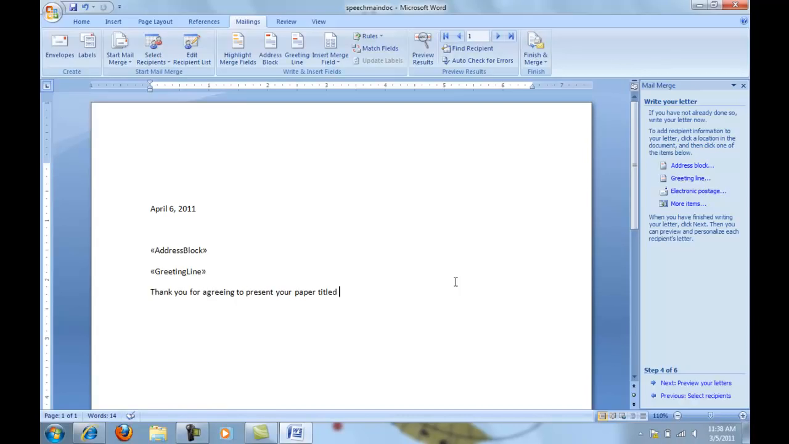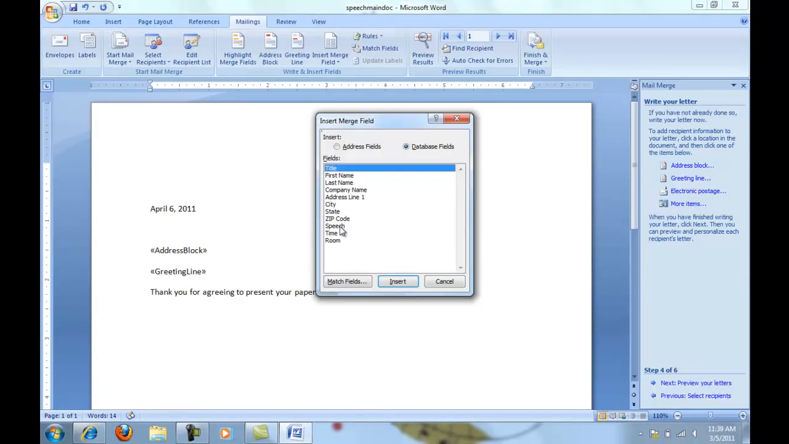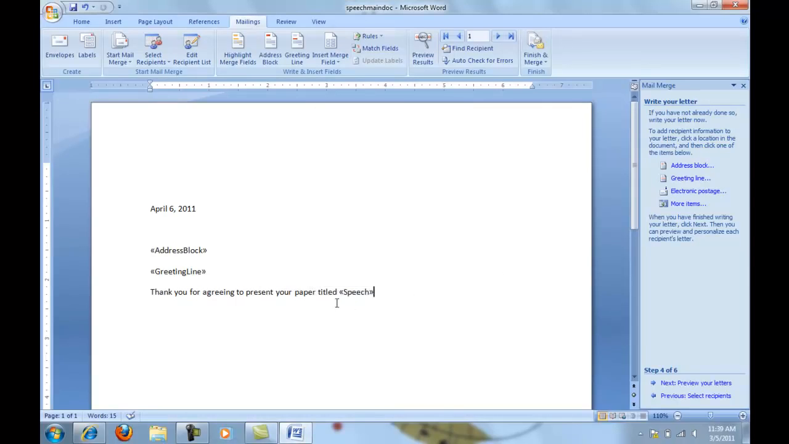And now I would like to put the name of the speech here. So in that instance, I'm going to go over here and I'm going to click on More Items, and I'd like for the speech to go in that particular point. So I'm going to click Speech and Insert, and then click Close. Now, of course, notice that I also want there to be a space following their speech title, so I'm going to click my space bar once